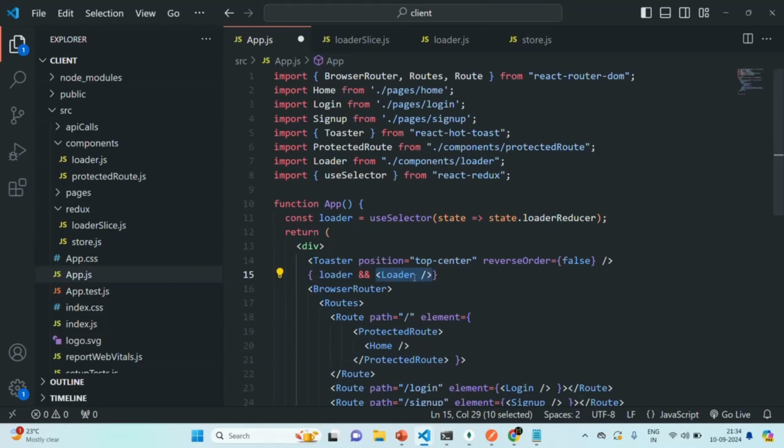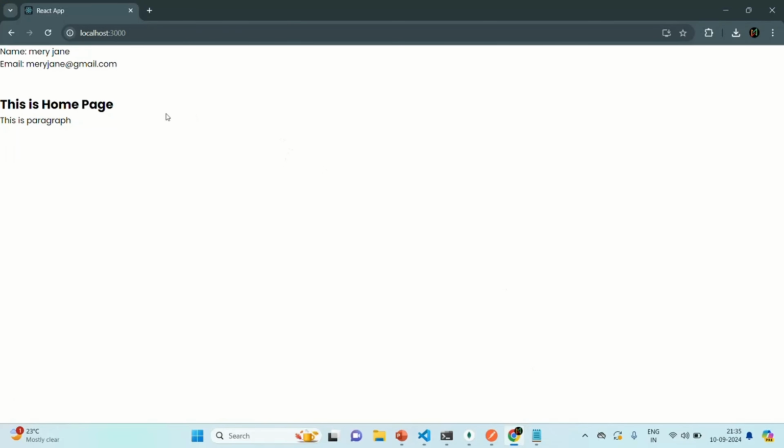So this will be a truthy value. So in that case, both the operands are truthy value. So the last truthy value will be returned. So in this case, this loader component will be returned and it will be rendered in the web page. So now if I go to the web page, you will see that now that loading indicator is not being